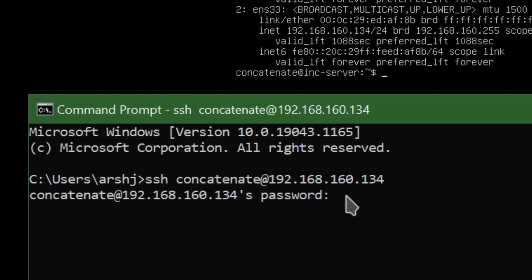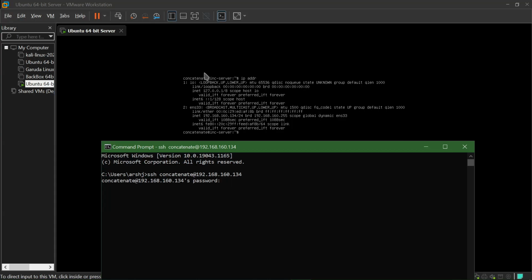Now this password is basically the same one that you use to log into your Linux server. When you start your Linux server, you get a login. This is the exact same password. So type that in. Now you wouldn't see it getting typed out on the screen as a security measure, but do remember that it is getting typed out. So if you made a mistake, just hold backspace and type the entire password once again